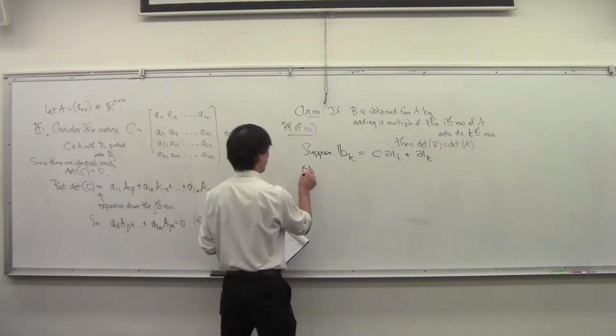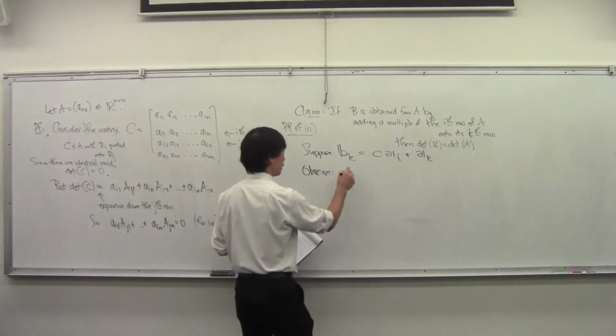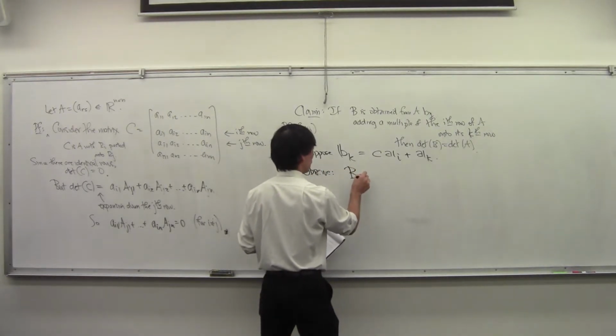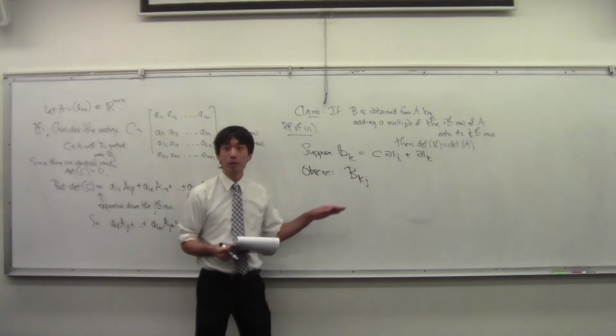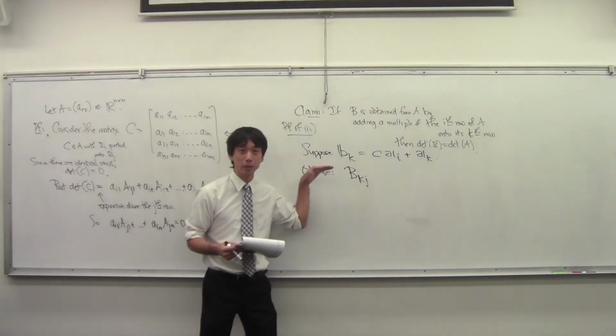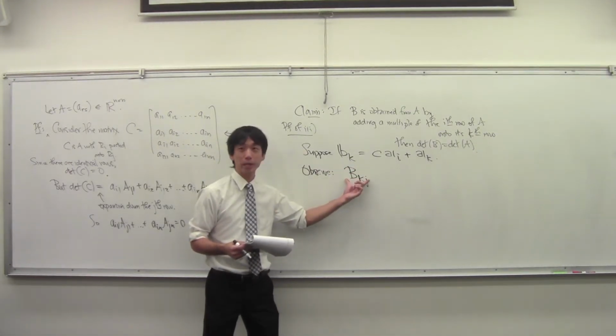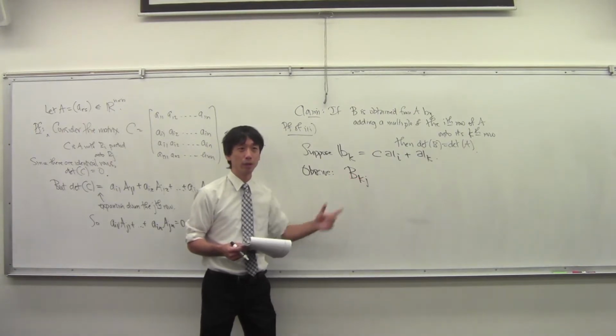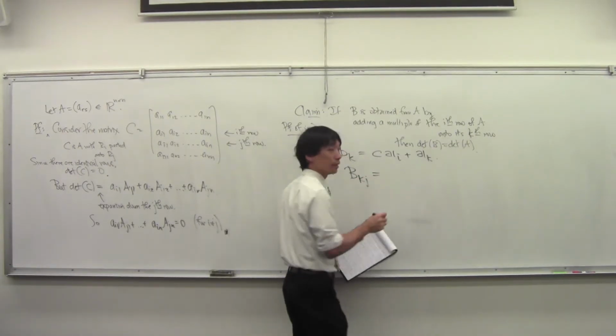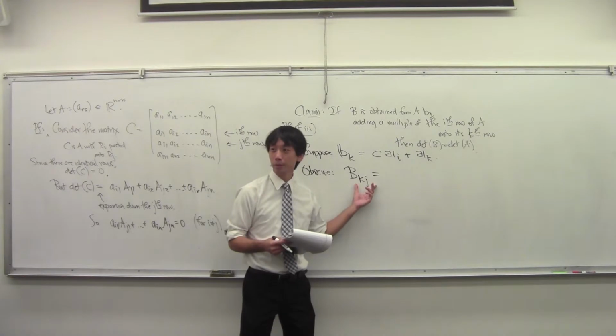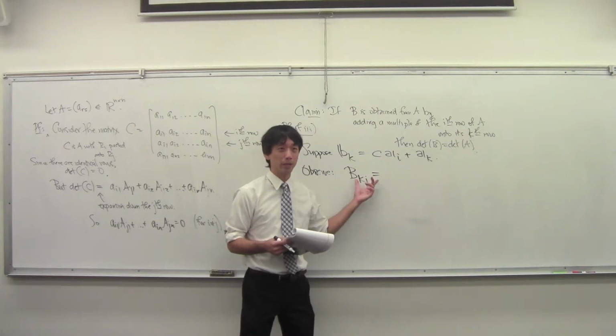Okay. Observe, if we look at the cofactors down that row, suppose we take the cofactors of the matrix down that row. What am I going to write? Those are going to be the same things as